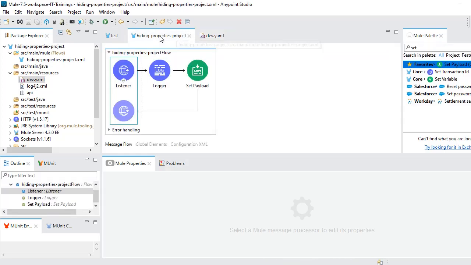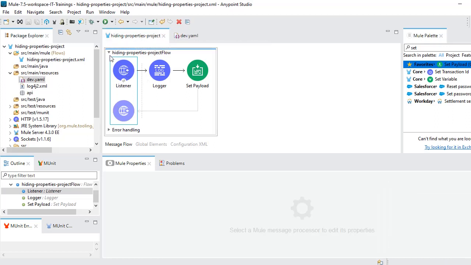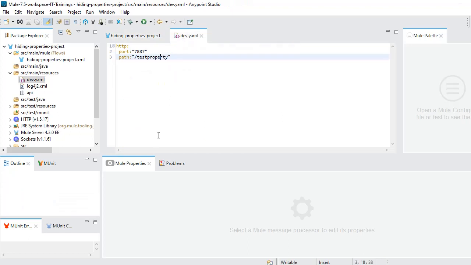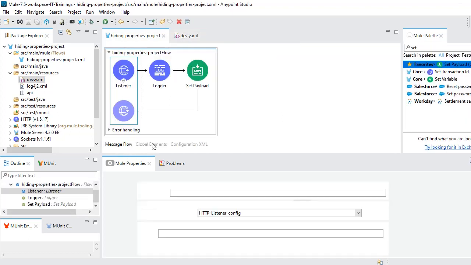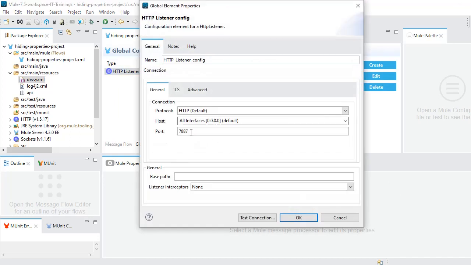Okay, go back to our main. Let me close the extra one. This is our main file. Here we need to read these properties from dev.yaml. Let's click on this listener, or else you can directly go to global configuration. See, here we have hard coded it, right? Now we will read it from the property file. How do we read the properties from a property file?